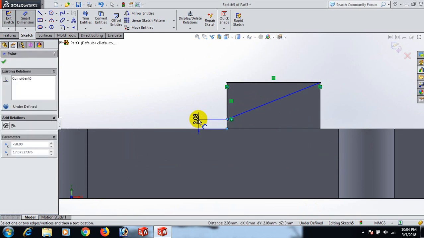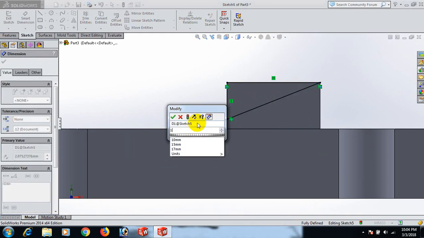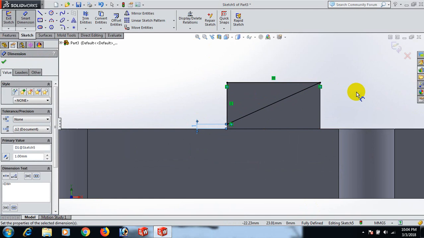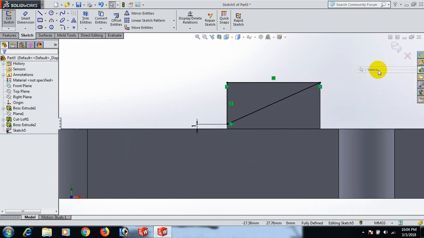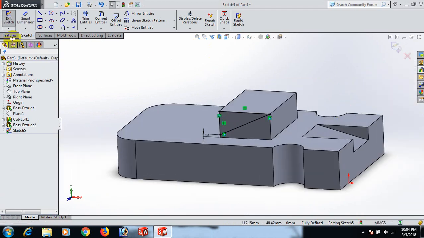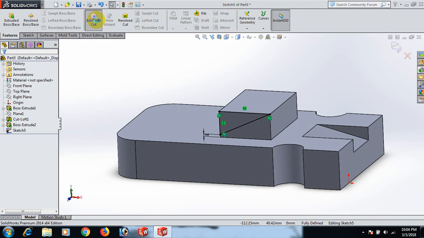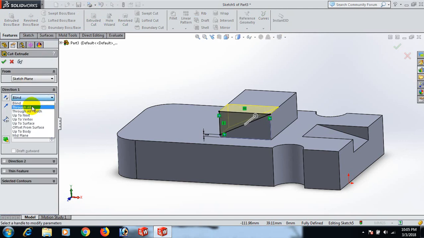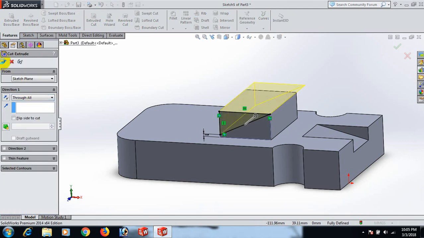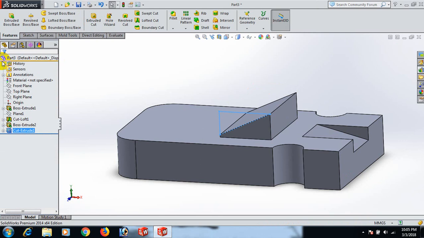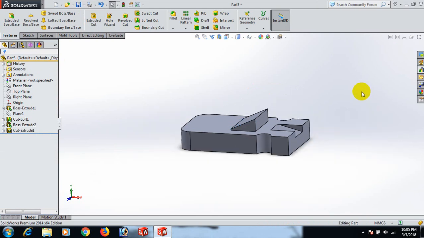Now this point and this point distance 1. Okay, select. Now go to feature and extrude cut. We can extrude through all. Okay. Now go to